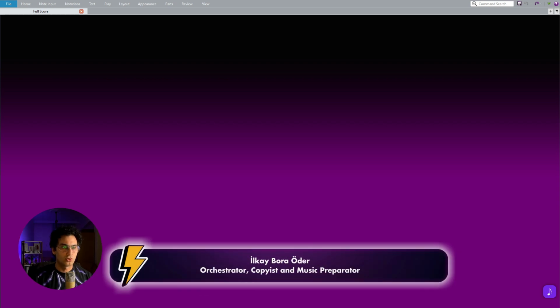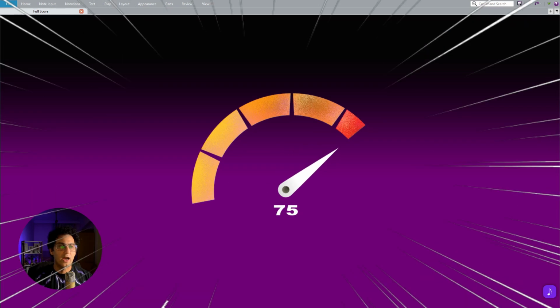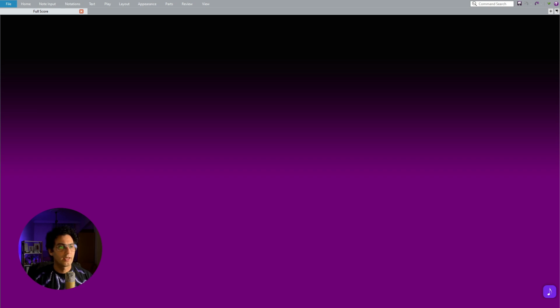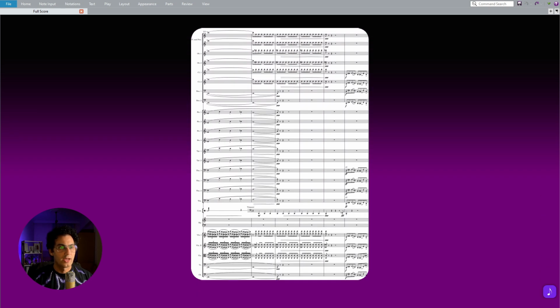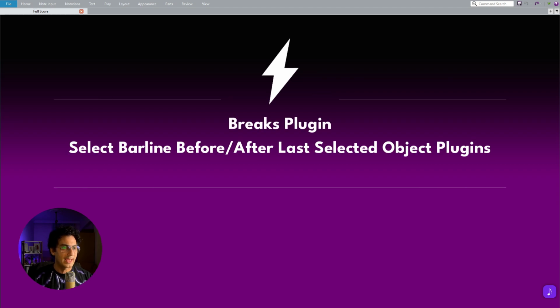Today I'm excited to introduce you to two fantastic plugins that will significantly accelerate your full score and parts layout preparation, particularly if you are dealing with large orchestral scores. The first plugin is called the Breaks plugin and the second one is the Select Barline before after the last